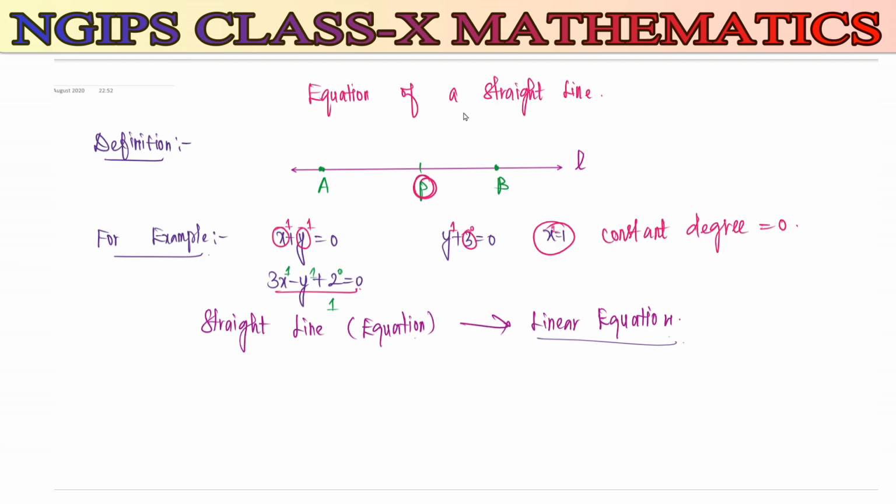Equation of the line means, for example, for this particular line you can consider the equation x plus 2y. So this particular point P can be considered as (x, y). When you substitute the x value and y value in this expression, if it satisfies, then we can say this point lies on the same line. Any point through which a line passes will always satisfy this equation. Satisfy this equation means if you substitute these points here, definitely you will get the right hand side as 0.